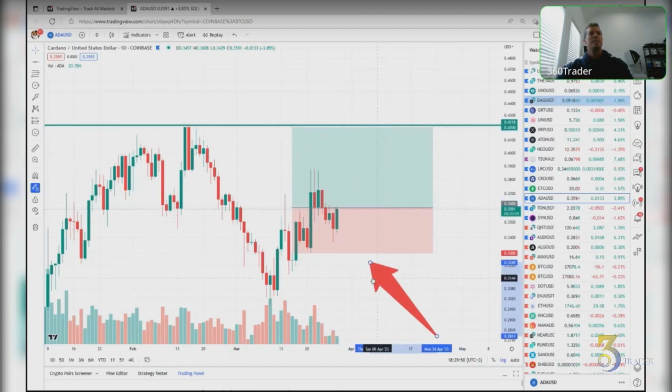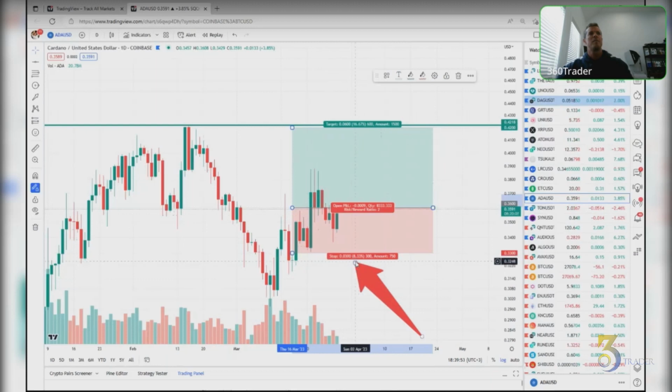At the bottom is my risk level, 8.33 is my risk. In the very middle is your risk reward ratio, and right here we have about a 2 to 1. Why? I'm risking 8% to make 16. So it says risk reward ratio is a 2.